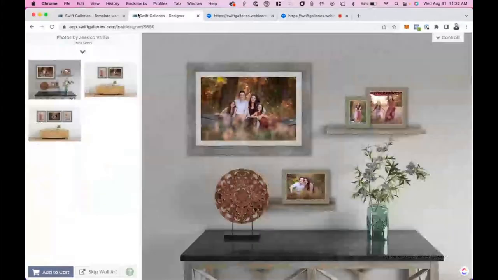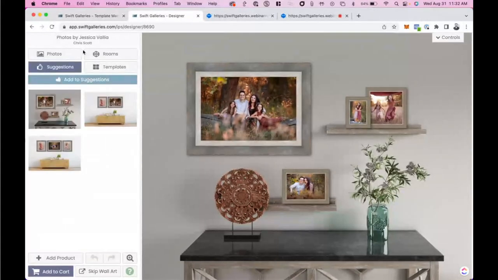Cool. So let's jump in here. Okay, so I have some galleries already pre-designed for this client. Basically, between the session and the sales meeting, I get the images lightly edited, and then I come in here and create some pre-designed galleries. This is so that if they say, hey, I love that, we can just add it to the cart and